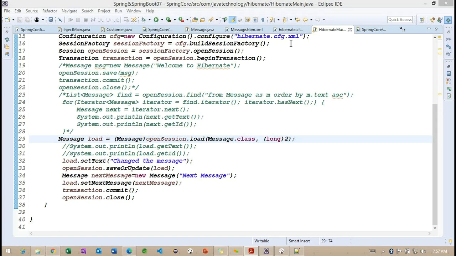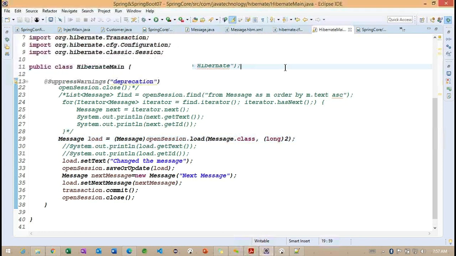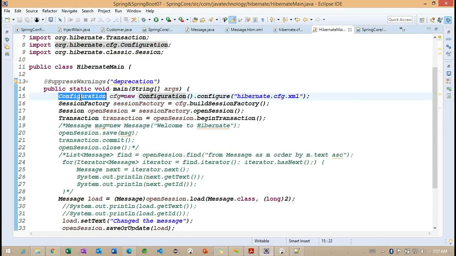Back to here, we are discussing this. Here is our main class. Here, the configuration. Why are we providing this configuration as the first executable statement? The configuration plays a very important role.